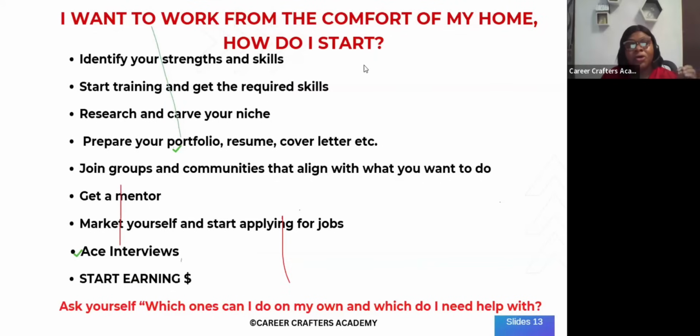It's not a bad thing, but it's also good that when you pay these people and they prepare it and give you, you can actually read and understand if the person knows what they are doing or not. Then okay, yes, I can join communities on my own. Can I mentor myself? And then when it comes to marketing myself and applying for jobs, yes, I can do this on my own, but do I need that extra push? Do I need someone who will always remind us, how many jobs have people applied for today? When I have an interview, do I have someone I can ask questions about the interview?